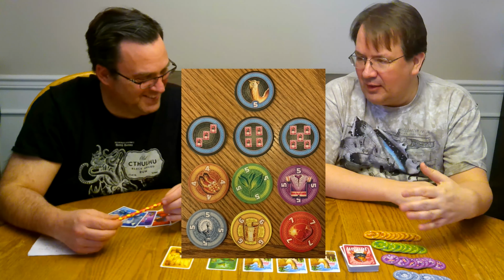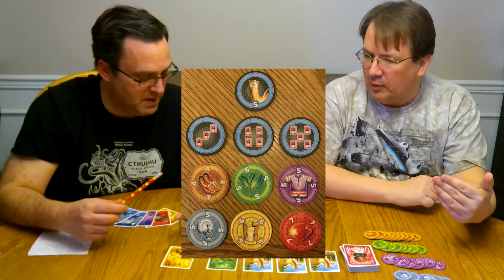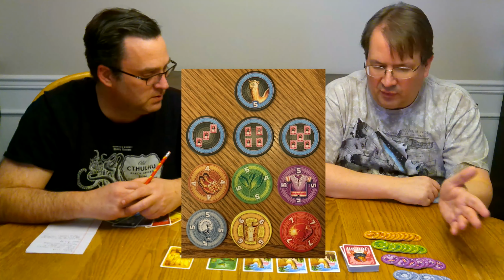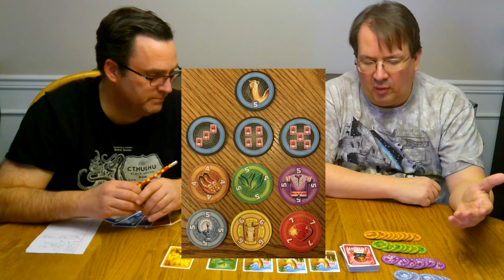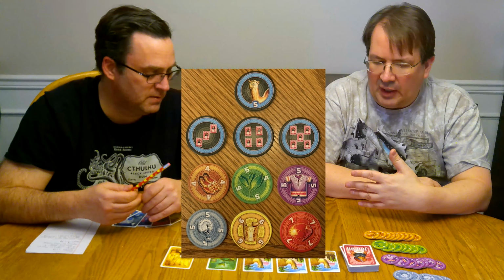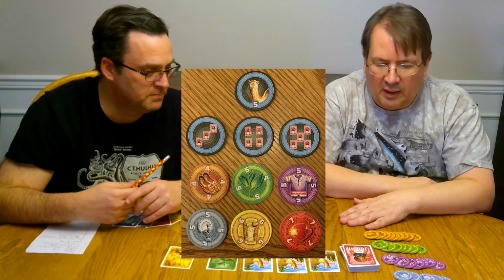So you can take any of the purple, green, or orange, brown, whatever you want to call it, as little as 1, or as many as 5. And any of the silver, gold, and ruby require at least 2, but you can again go up to 5. And if you play 3, 4, or 5 cards of that kind, you get